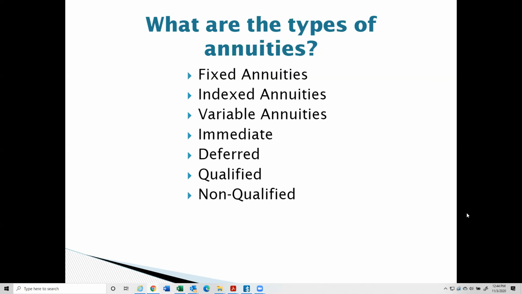So deferred and immediate. If you have a deferred annuity, that means that you put a lump sum or a series of payments inside of this insurance contract, and then at some point out in the future, you let the income grow tax deferred, and you pull out the income streams later in life. An immediate annuity is where you put a lump sum into an annuity and it starts to pay out immediately. Now, you have fixed annuities, index annuities, variable annuities. So let's talk about those.